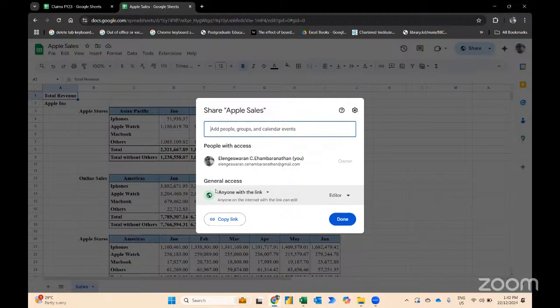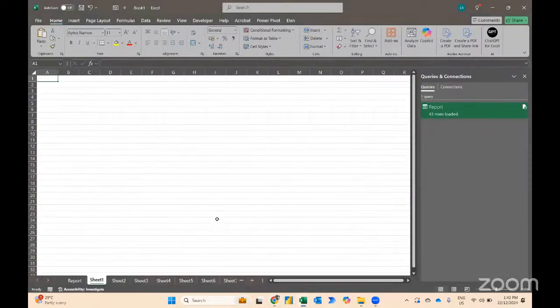Meaning to say, when you talk about Instagram and Facebook or any social media, it's either a private profile or a public profile. Restricted means it is private. That means it's not possible, it's not open. Anyone with the link means it is open to anyone, like public. So you have to make sure, when it comes to work, maybe only certain people have this link. So you copy this link, and then we go back to the Excel file,